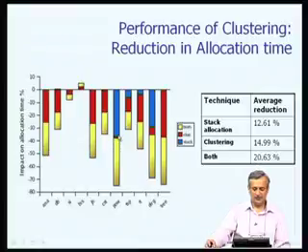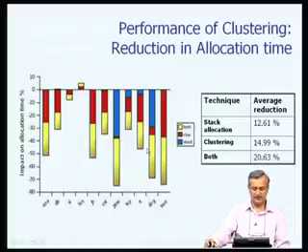For example, let us take one with all three. With just stack allocation, we are able to reduce so much, and with just clustering, we are able to reduce so much, and if we use both, then we actually reduce so much. So, allocation time goes down drastically if we use both stack allocation and